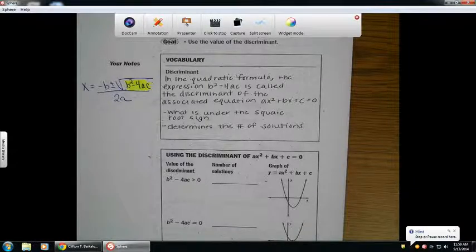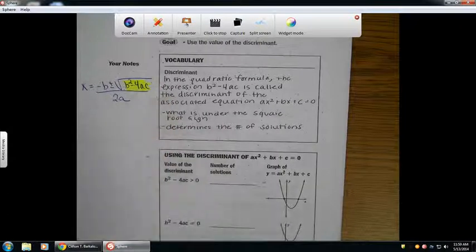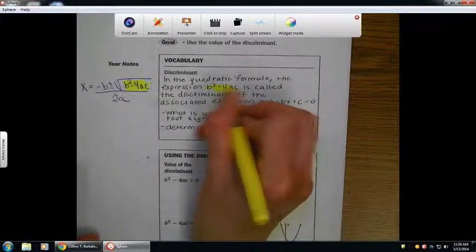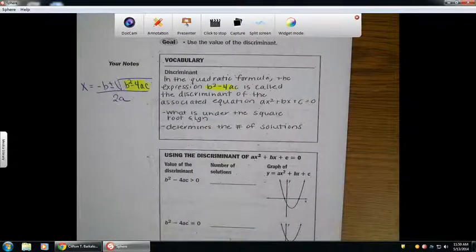Great. In today's lesson, we're going to be using the value of the discriminant to determine how many solutions a quadratic equation has. The discriminant, the definition of it is in the quadratic formula. The expression b squared minus 4ac is the discriminant of the associated equation ax squared plus bx plus c equals